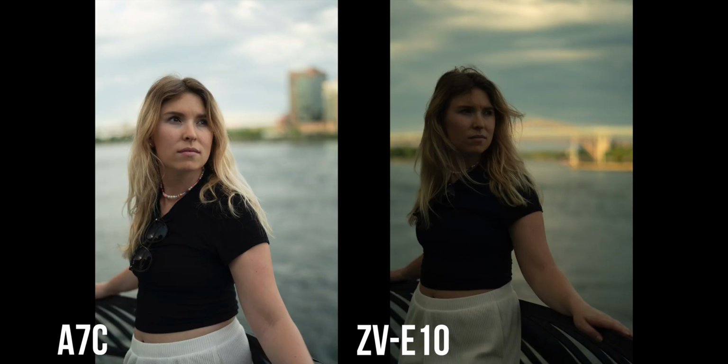Alright, both of these were shot at f1.8 with the same shutter speed, auto ISO, and auto white balance. The first thing I noticed is that the ZV-E10 underexposed a little bit and does look a bit warmer, which I do not mind, but as you can see when we correct it, I prefer the composition on the ZV-E10 because it's shooting at a 75 focal length, which in my opinion is better for portraits, but both of them